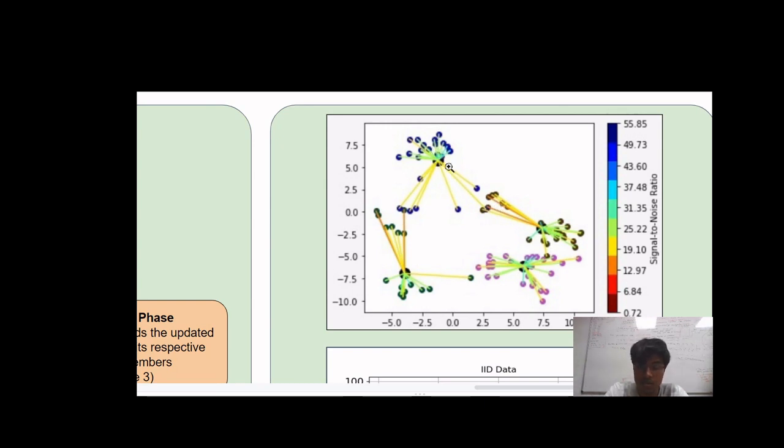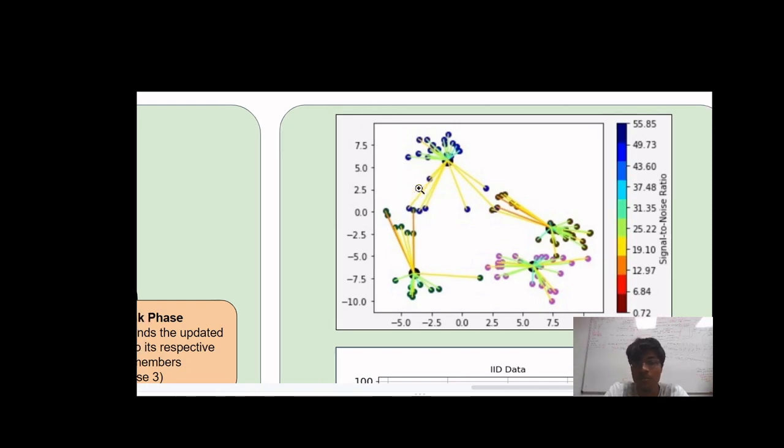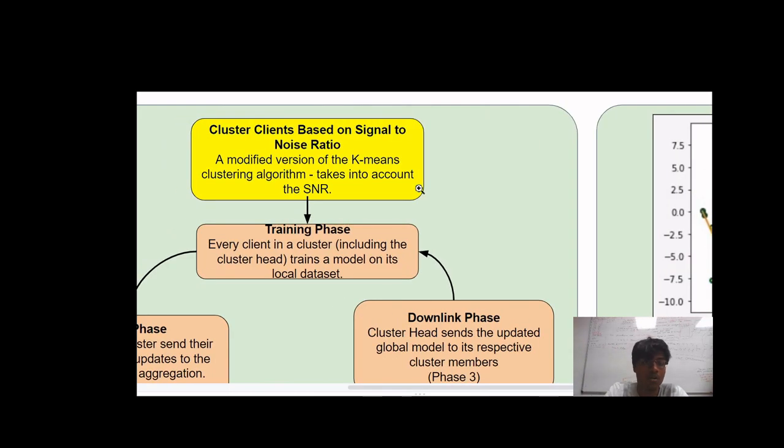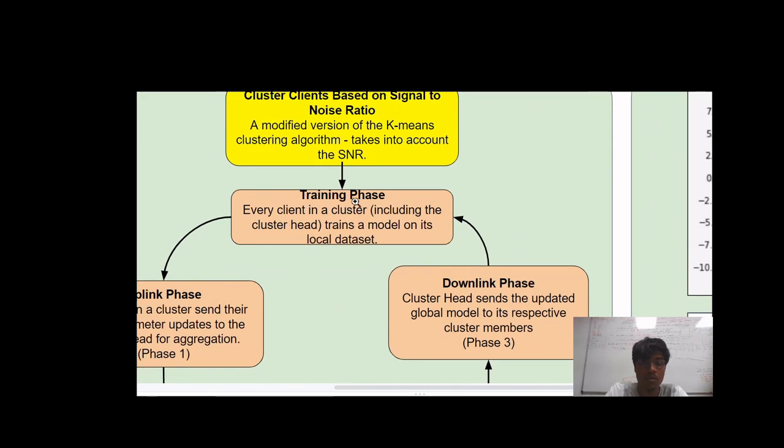As you can see, within a particular cluster, there are the respective cluster members and a cluster head. A cluster head is essentially that client within the cluster that has the best possible channels with the rest of the clients, and as you can see, it's geographically centrally located within the cluster. So once the clustering phase is done, we can commence the training phase, where in the training phase every client